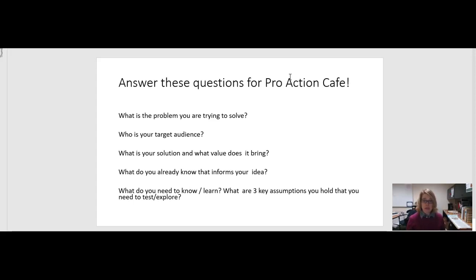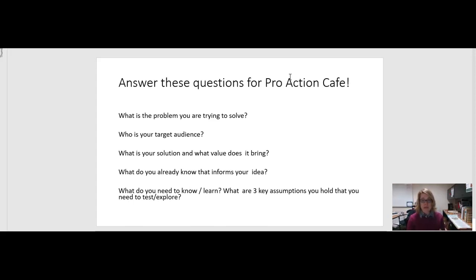Then when we break up into our groups, we're going to talk about what we already know as the creator of the prototype. What do we already know that has informed this idea of our solution that's going to solve the problem that we've identified? What do we already know? And what do we need to know? What do we need to learn to improve our prototype, to improve our social innovation project into something that can really evolve into something that's pilotable, scalable, and on and on? So